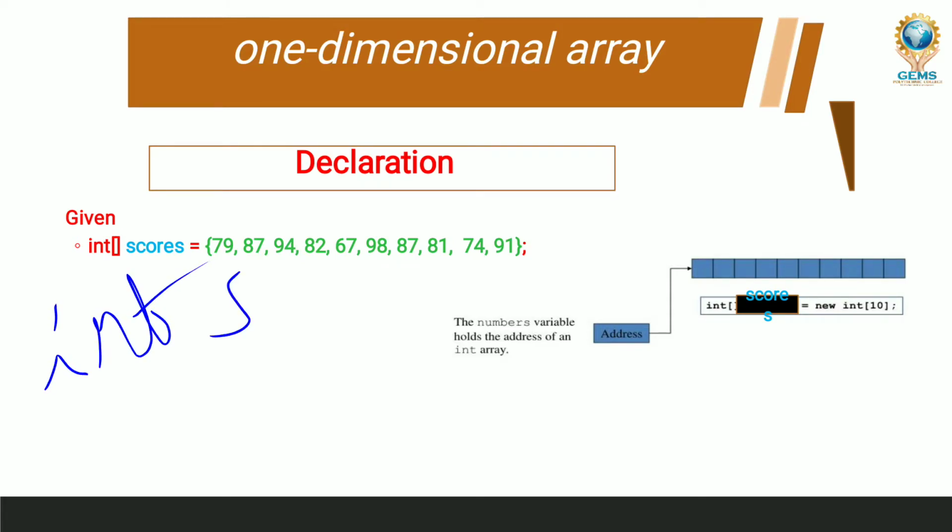I want to put a short name here, that should be sweet and short. Look at here, int is a data type, and the array name is the variable name. Now what you have to do is assign the values to them using the new operator. Try to understand here.